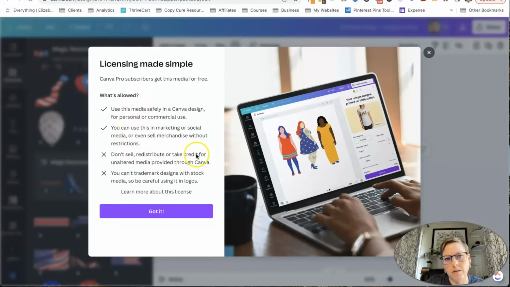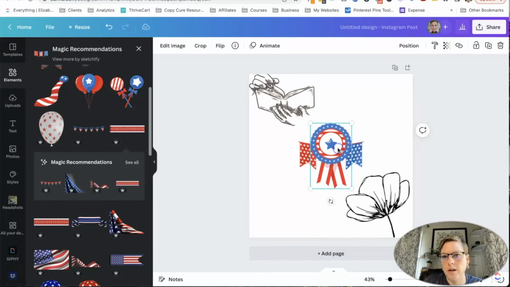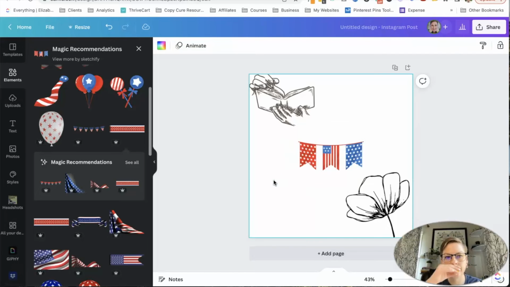So I can't sell or take credit for creating this particular piece of media, and you can't trademark designs that have the stock media. So you wouldn't want to use it in a logo, but yeah, you would download it for like $1 without the watermark.